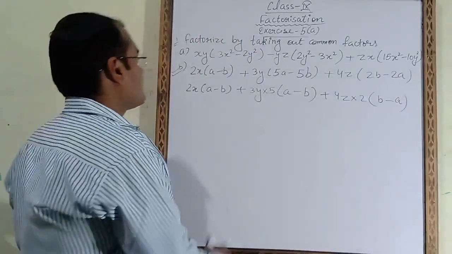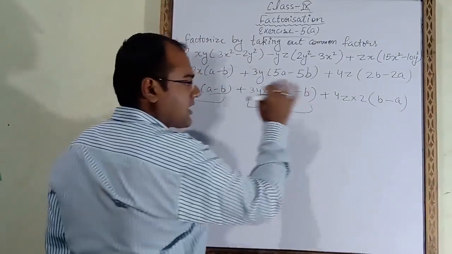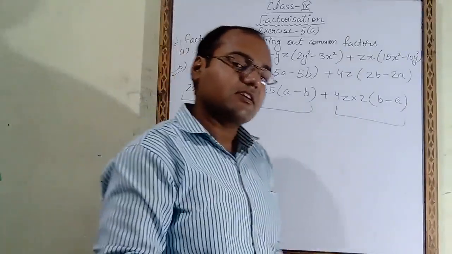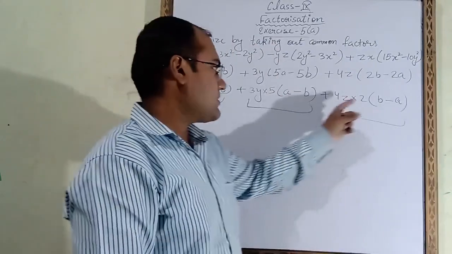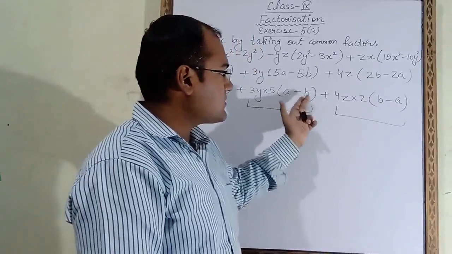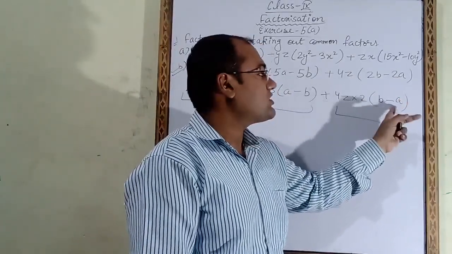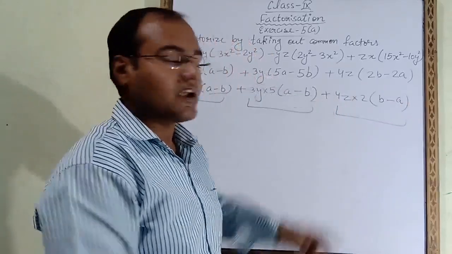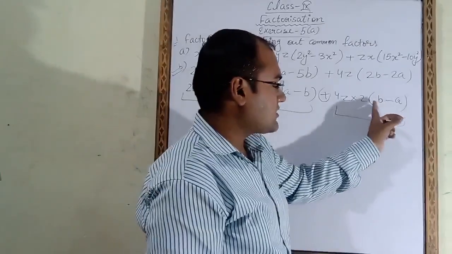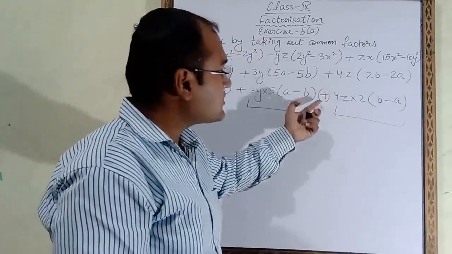Now a minus b is coming here also in this term. In this term also you will get a minus b. In this term you will not get a minus b. Here we are getting b minus a. Things are the same, a and b are coming here also, but the difference is that here it is a minus b and here it is b minus a. So what do we have to do? We have to change the sign here. So in order to change the sign, what do you have to do? You have to change the outside sign. I told you in the previous question. In the first part I explained that in order to change the sign of these two terms, we have to change the sign of the outside number also. Why will we change this number?